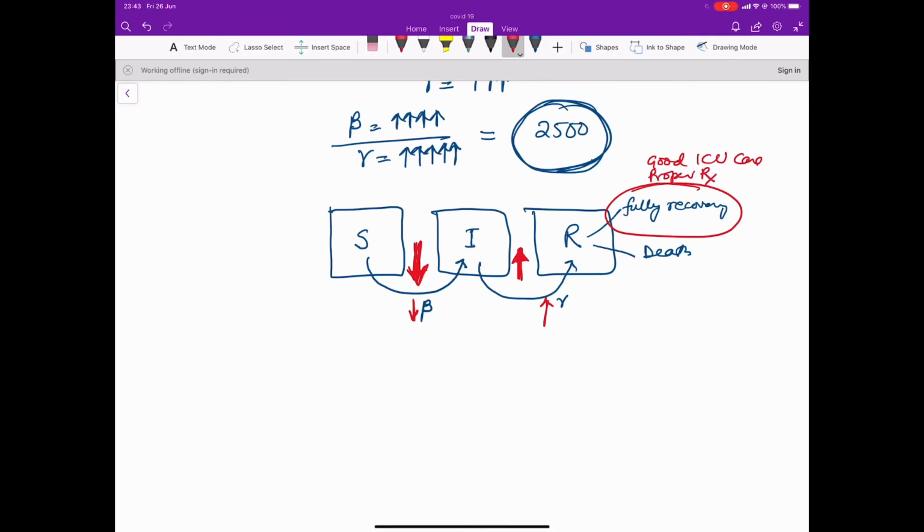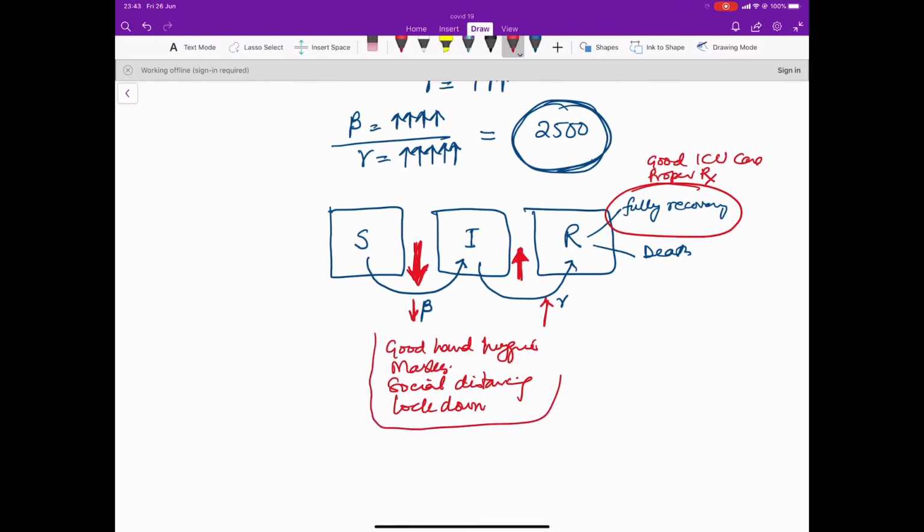While decreasing the beta, as I told you, we can do by good hand hygiene, by social distancing, by wearing of masks, by lockdowns,